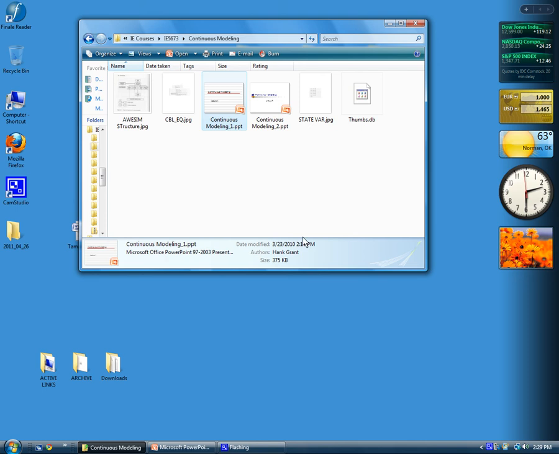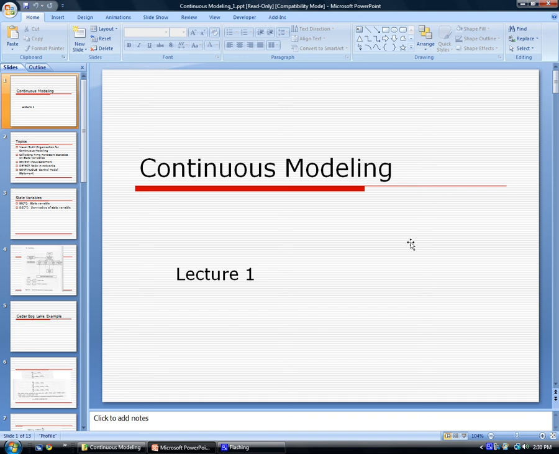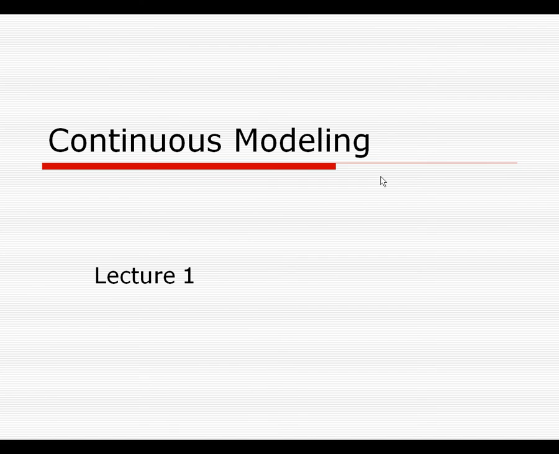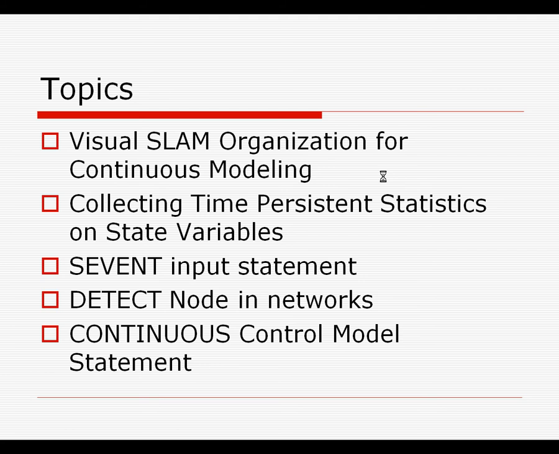This lecture is concerned with continuous modeling, the first lecture on continuous modeling. We're going to look at these topics in this first part: the organization for continuous modeling in Visual SLAM,